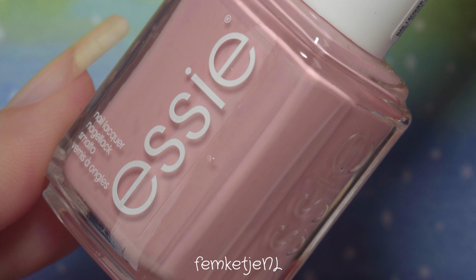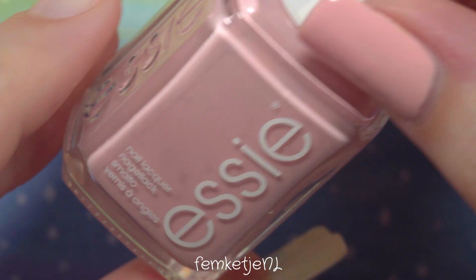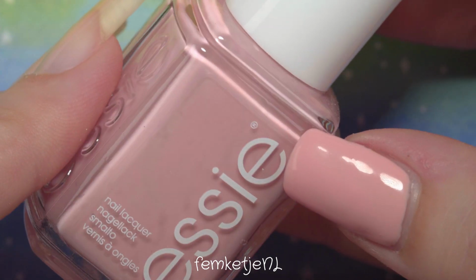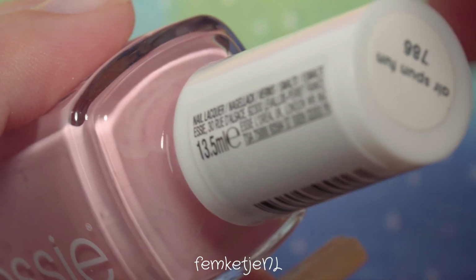But let's continue with the third color already. This is definitely one of my favorites from this collection, especially since it is still summer now while recording this video. This one is called Airspun Fun. It is one of those baby pink kind of colors that I was actually similarly wearing on my right hand nails,